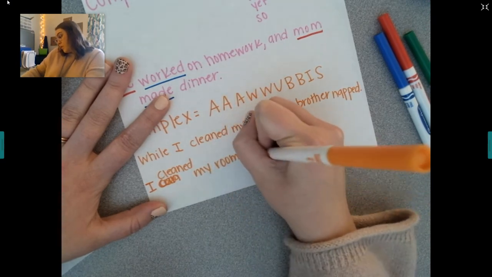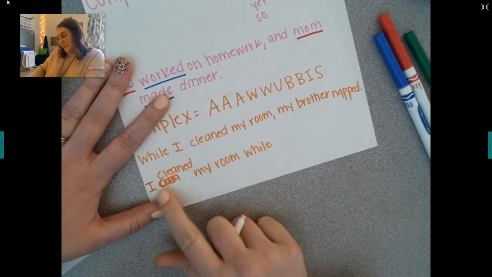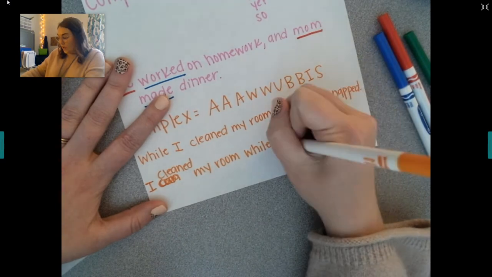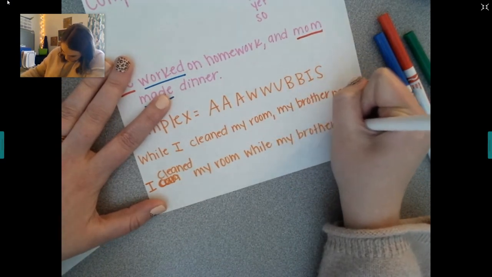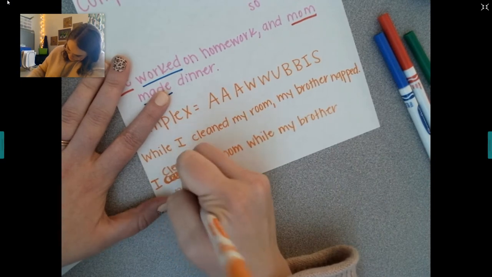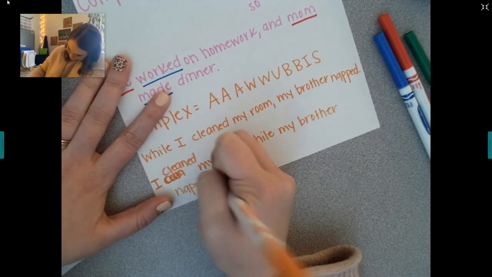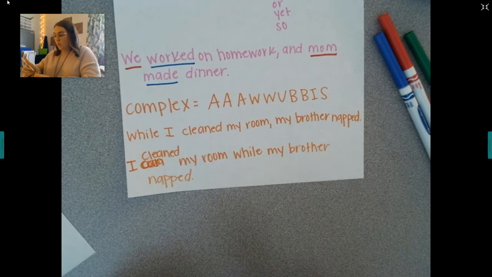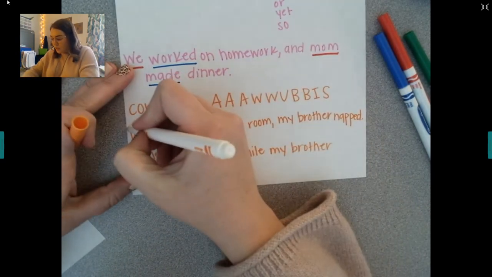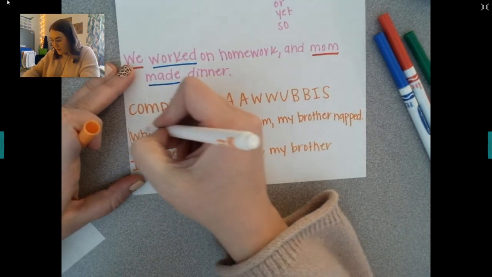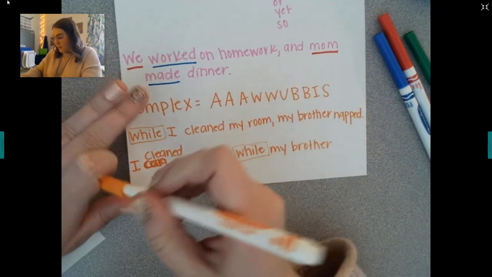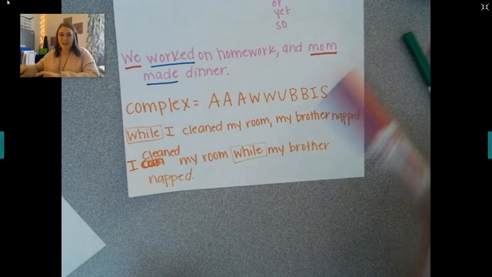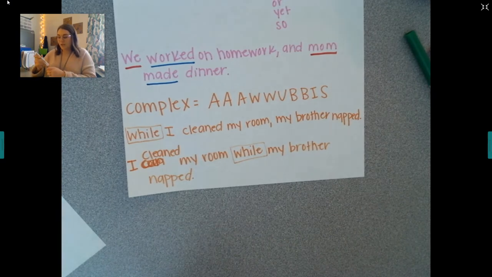Then you can put an awubis in the middle of the sentence. I cleaned my room while my brother napped. And I'm running out of ink in this marker. I cleaned my room while my brother napped. So you can have it at the beginning with a comma, or you can have it in the middle with no comma. Interesting, right? The English language is absolutely crazy and has a bunch of different rules, but this week,